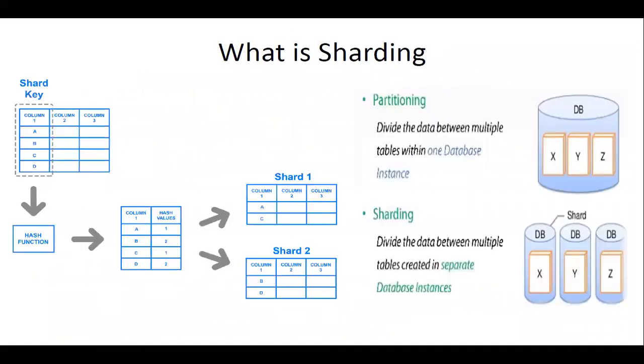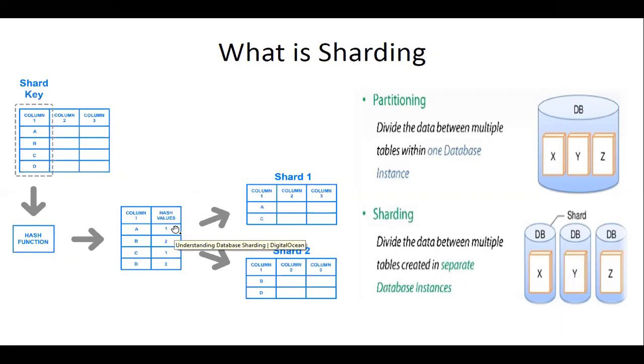Now let's discuss what exactly sharding is using this diagram. Here you have the table, and in the table you have a shard key; a column value can be taken as your shard key. There are 3 columns and about 5 records. There are different types of sharding we are going to discuss. One sharding method is the hash function. Using the hash function, you make a shard, a partition. Based on the hash function, you take the column value and make it a hash value.